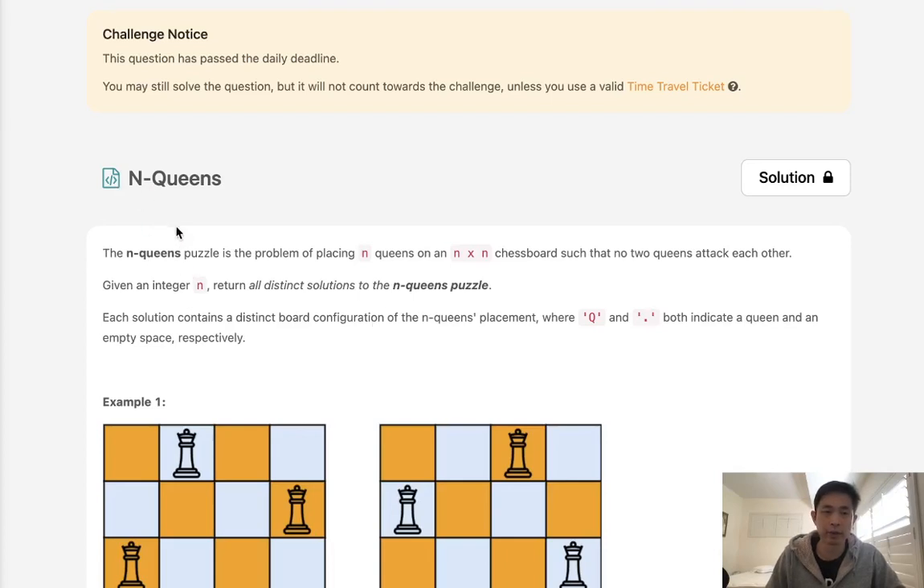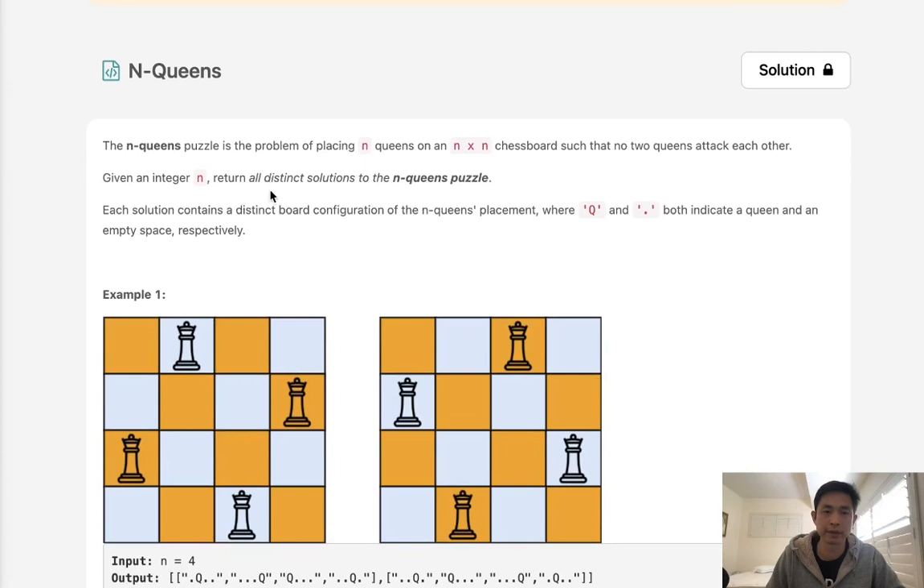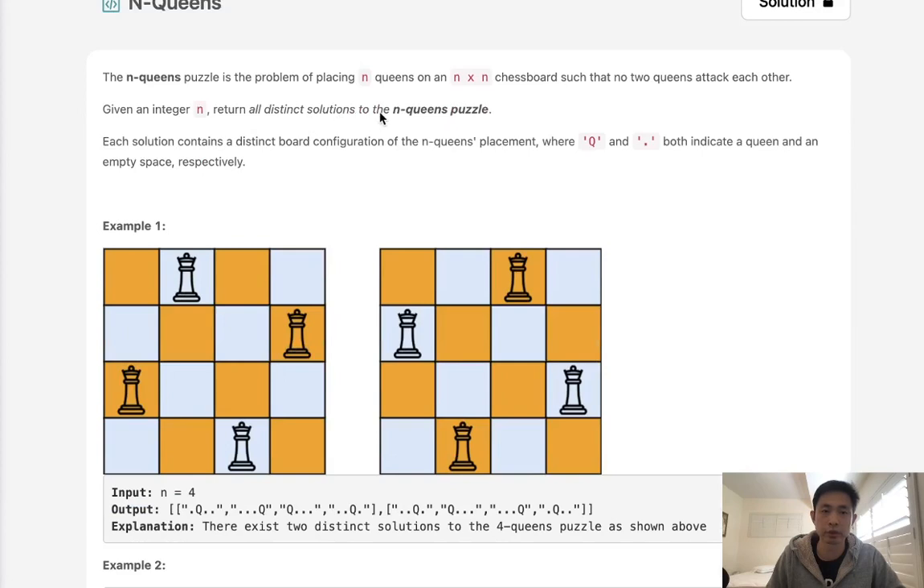This problem is called N Queens. The N Queens puzzle is the problem of placing n queens on an n times n chessboard such that no two queens attack each other or are able to attack each other. Now, given an integer n, return all distinct solutions to the N Queens puzzle. Each solution contains a distinct board configuration of the n queens placement, where Q represents the queen and period represents